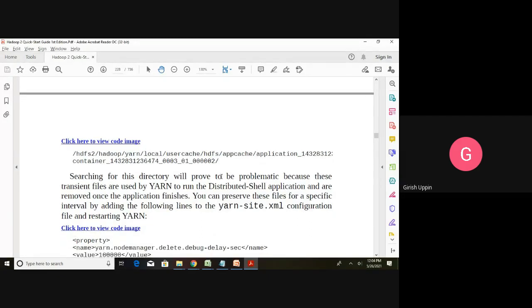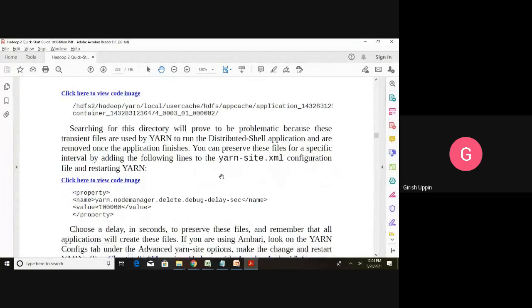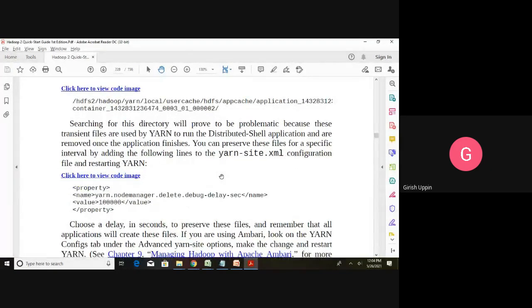Suppose you want them to be available for certain times. Let us say you are doing some kind of debugging, trying to solve a problem. If you want them to persist, you can do so. There is a particular setting in the yarn-site.xml file, where you have to set the configuration.